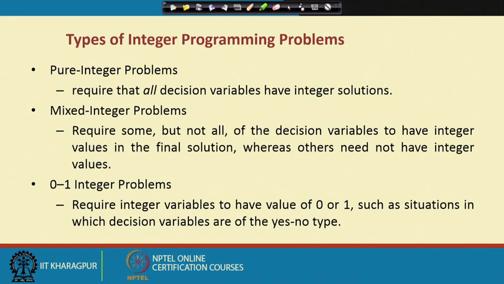As I have already mentioned, there is the question of pure integer, the question of mixed integer, and the question of 0-1 integer programming. In the case of pure integers, all the decision variables should be integer type, and in mixed integers the integer requirement applies not to all variables, but only to some. For instance,